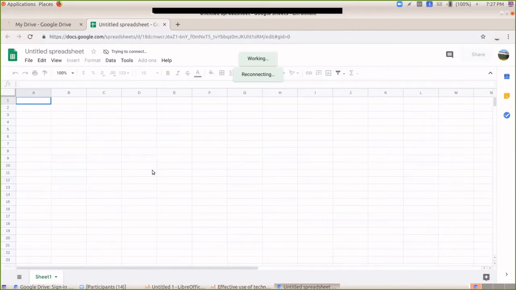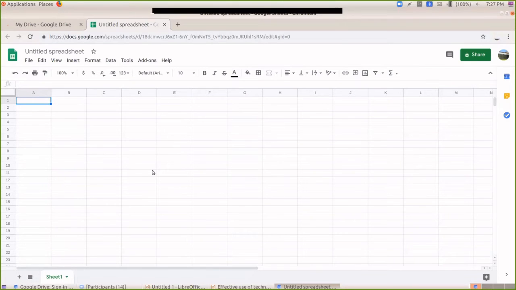You will not get the updated sheet whenever you want. That is a disadvantage. Here in Google Sheet, the advantage is we can share this sheet and updates are reflected. When somebody else is updating your sheet, you can see who is updating and what the updates are. That is the advantage of Google Sheet.